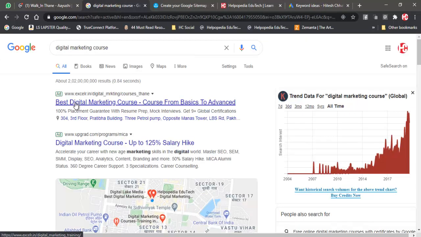Say where are our targeted audiences located, or it will ask us where do you want your ad to be seen. So if I say Navi Mumbai, then only people in Navi Mumbai who are searching for this particular keyword, the ads would be shown. And if you are searching from elsewhere, you will not see this ad because that person has not selected your location. So this is what it is.